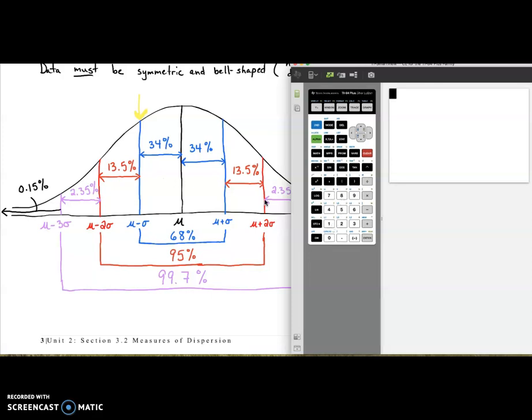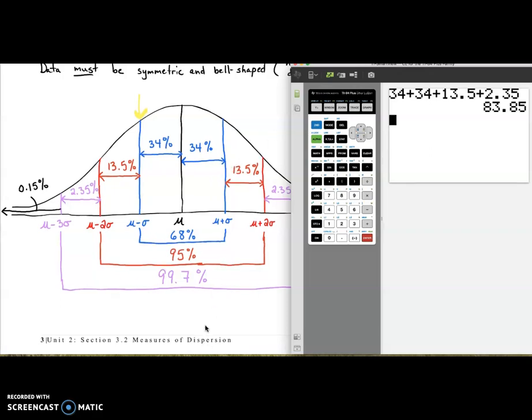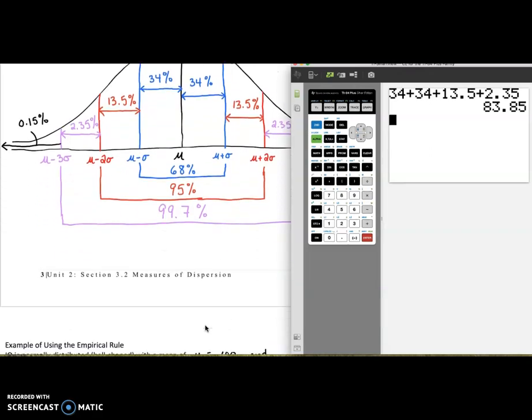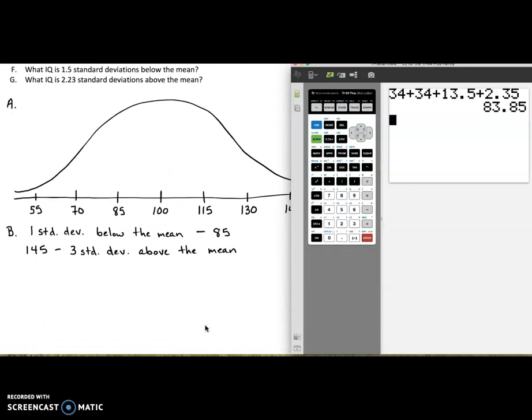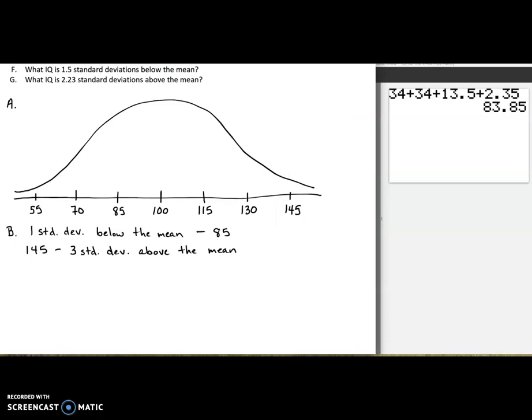We have 34% plus another 34% plus 13.5% plus 2.35% for a grand total of 83.85%. So if we go back down here to where we're doing the problems, that means we have